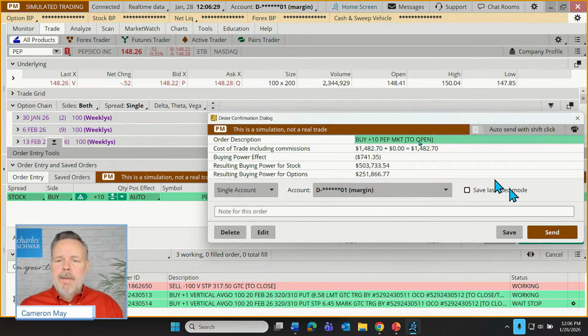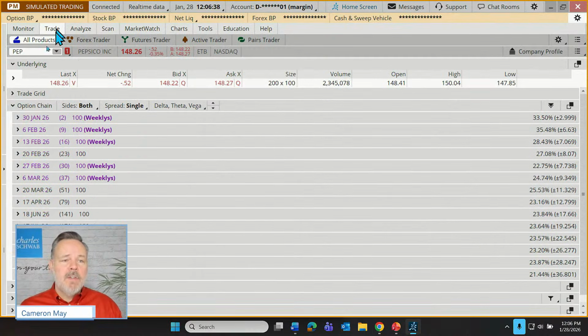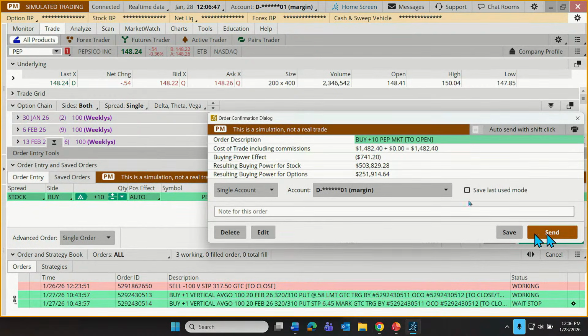But in any case, how about we do this? Let's just show how quickly, now that I've demonstrated it, I'm just going to recap it just quickly. So starting from scratch, trade, enter your symbol, click on the ask price. There's our order screen. If I just want to change this to a market order, it's ready to go. It took me seconds. Here we might just make sure that this is what we want to do, buying 10 shares of Pepsi at the market price.